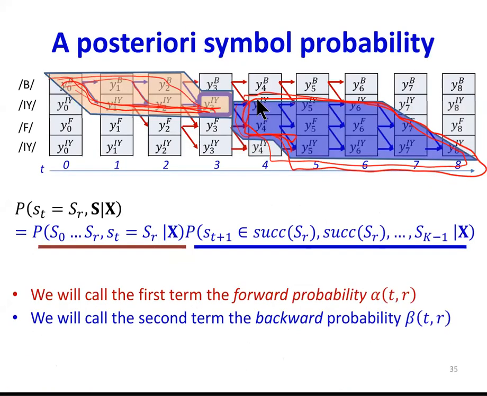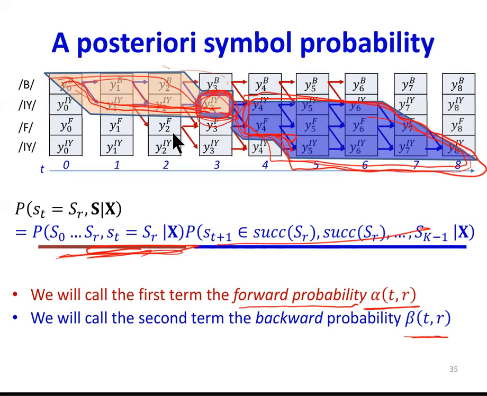So that's what we're going to do, right? We're going to say the probability of all paths that go through this node is going to be the probability of the red graph, which is this first term, times the probability of this blue graph, which is the second term. This blue graph is the graph of all nodes that succeed this node. And the red graph is the total probability of all paths that end at this node, right? I'm going to call this first term alpha t, or the forward probability, which is the probability of the pink graph. I'm going to call the probability of the blue graph